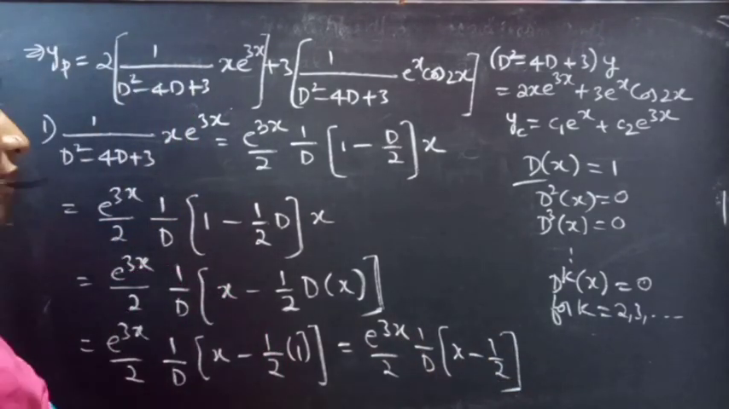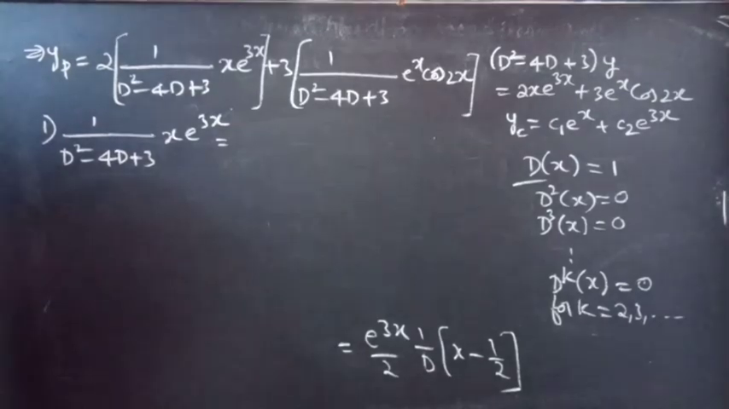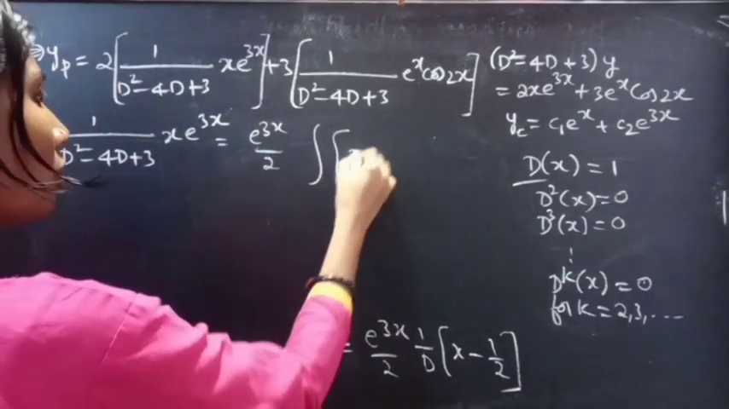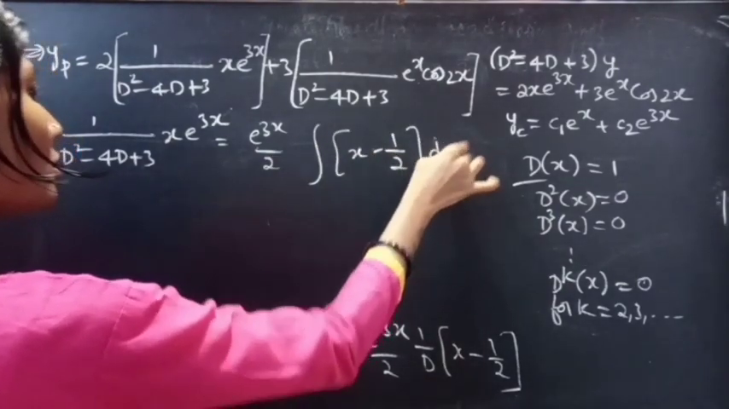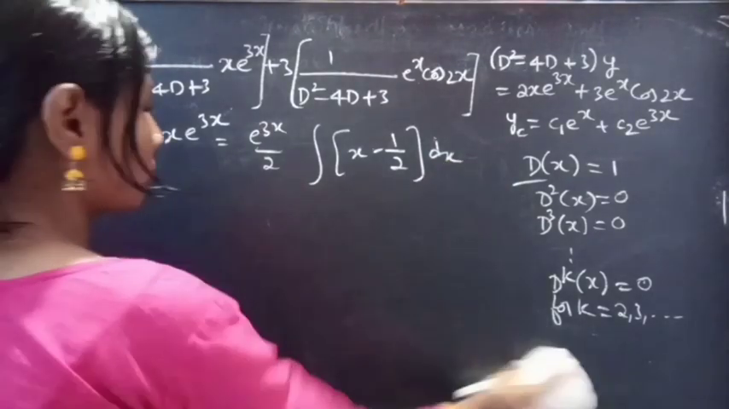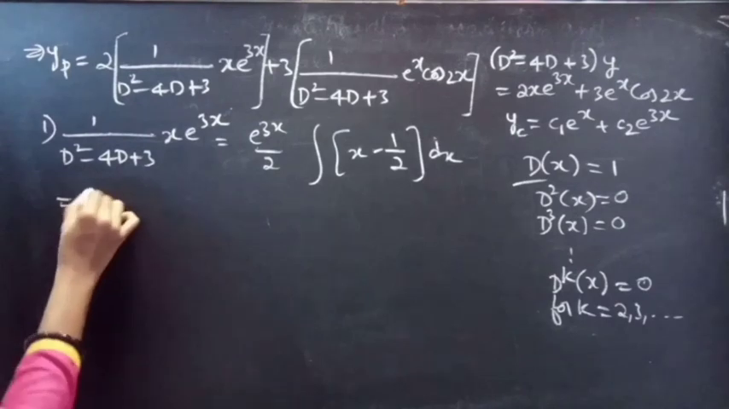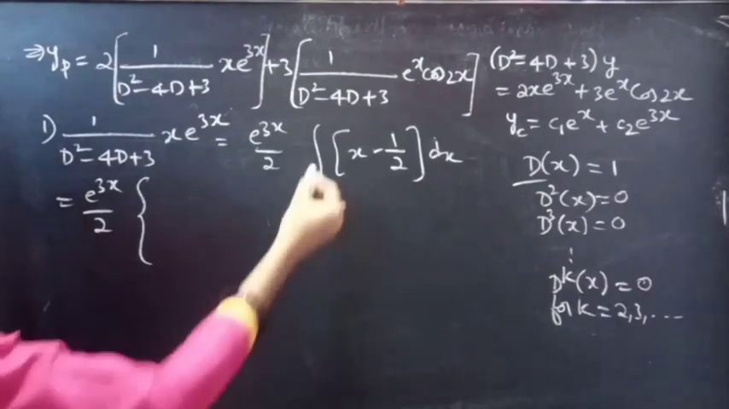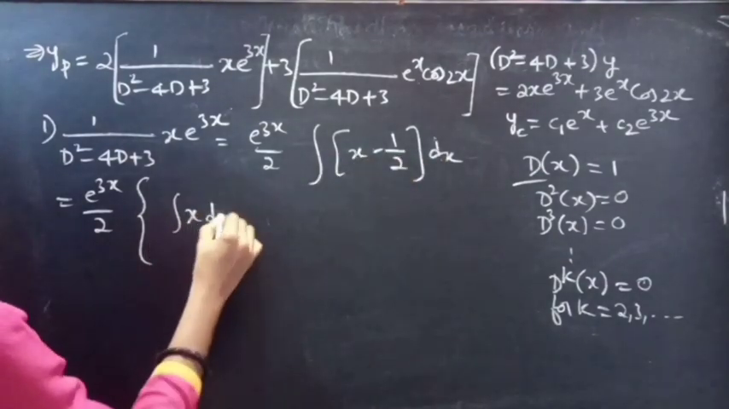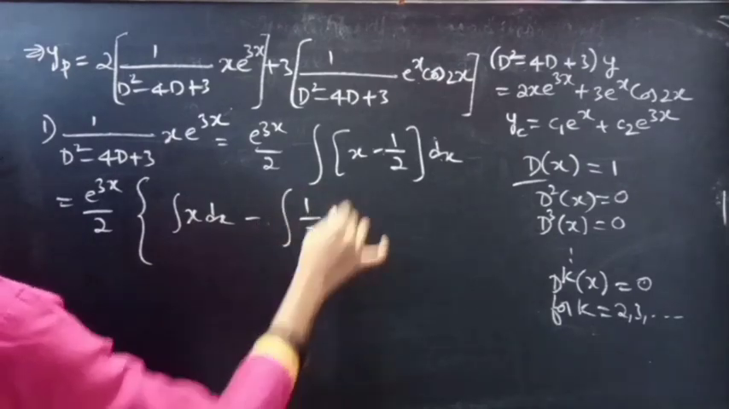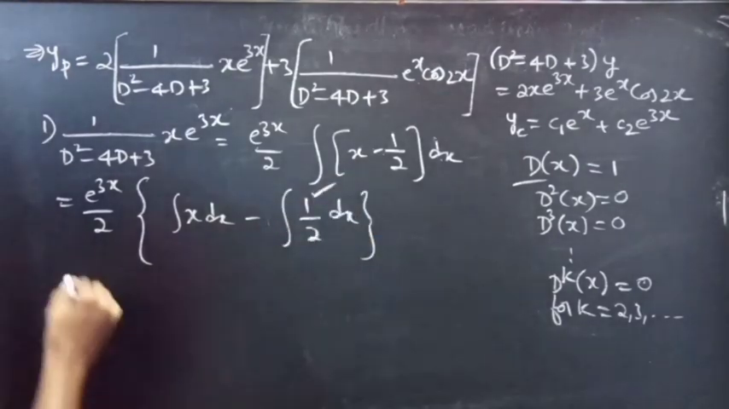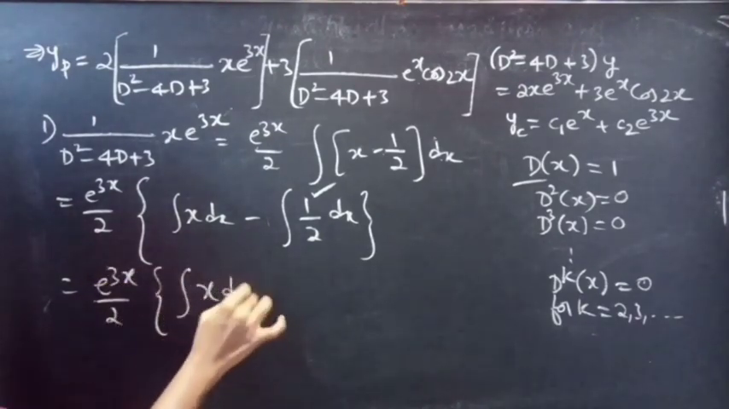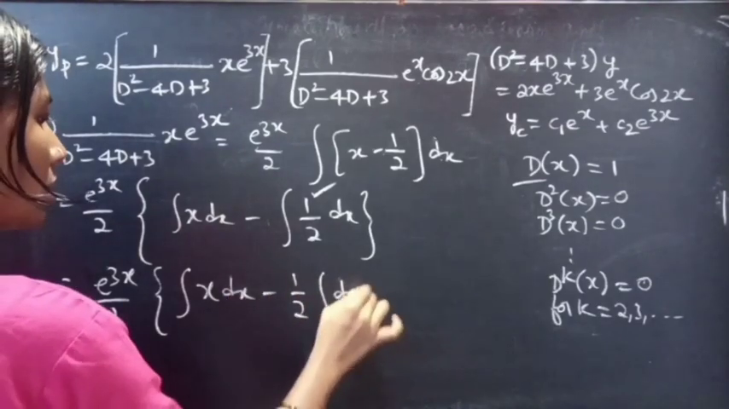We know that 1 by d is an integral operator. So we can write 1 by d as integral of x minus 1 by 2 into dx, which equals e power 3x by 2 into integral x dx minus integral 1 by 2 dx. Now write the constant outside the integral. We'll get e power 3x by 2 into integral x dx minus 1 by 2 into integral dx,